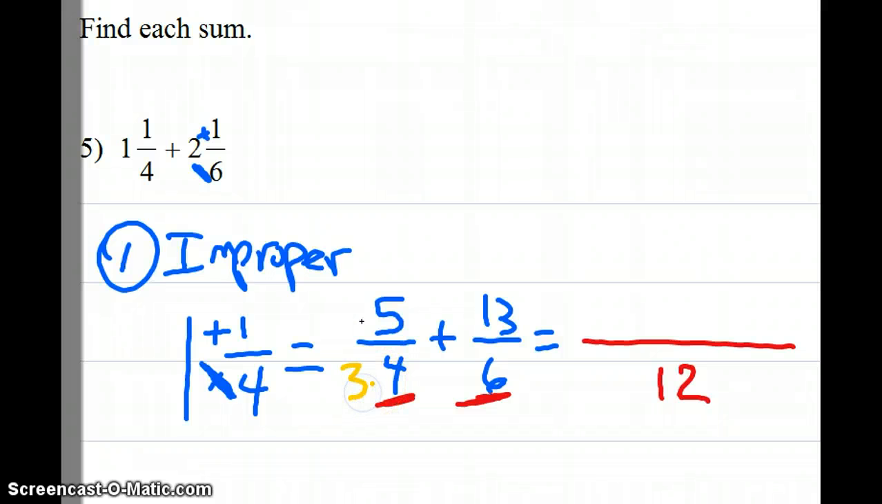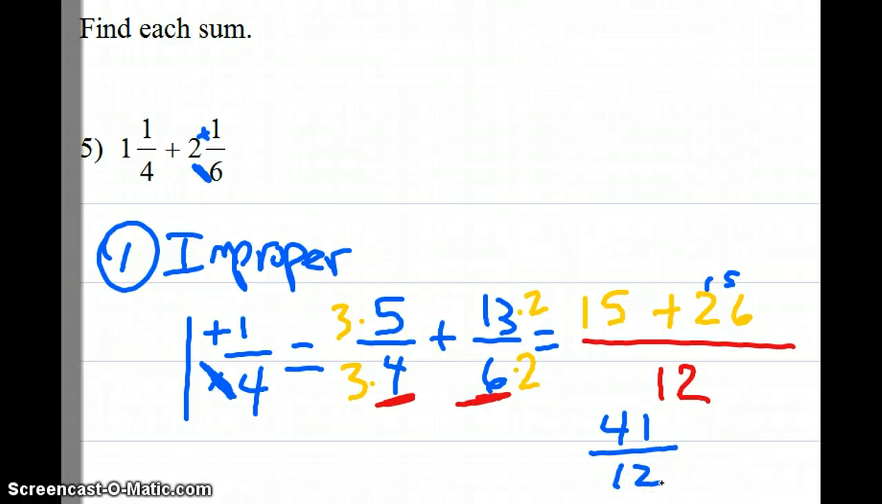So how am I going to change this 4 to 12? I'm going to multiply by 3. So I would get a 15. How do I change a 6 into 12? I'll multiply by 2. 13 times 2 is 26. So we've got a common denominator. We will add the numerators together. 15 and 26 is